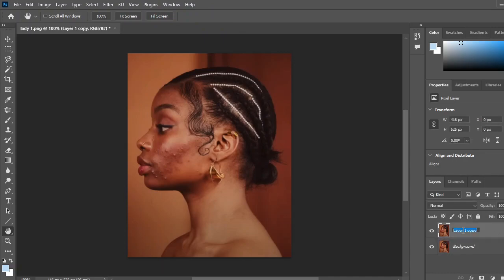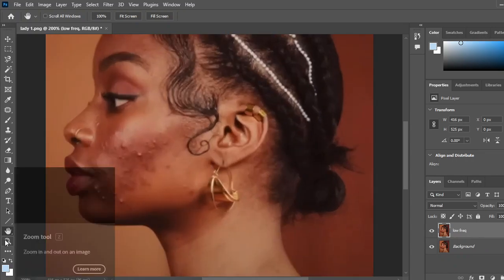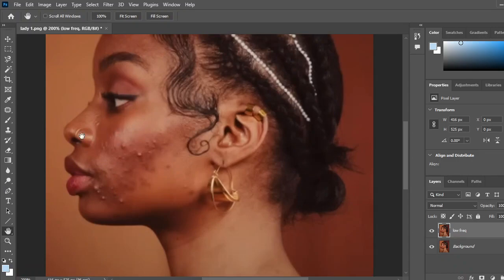So this one we'll call low frequency. We'll duplicate it again. Okay, let's start editing. So she has a lot of pimples on her face, and one of the tools we